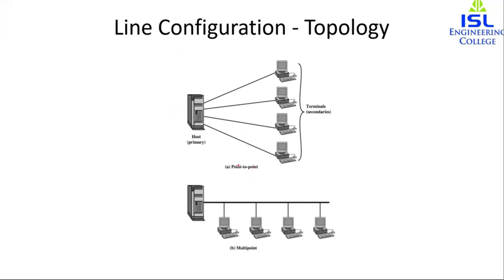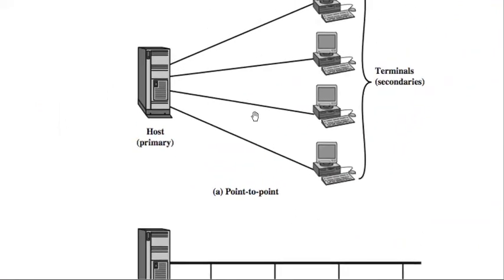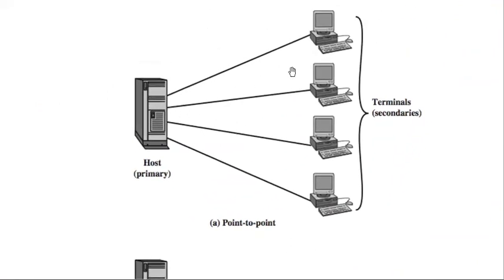This diagram is point-to-point. Let me just zoom it in. If each terminal has a point-to-point link to its computer, then the computer must have one input-output port for each terminal, so that the connection is there from the host to the terminal. Also, there is a separate transmission line from the computer to each terminal. If each one of them needs to be connected, then we need another transmission line from one system to the other system.